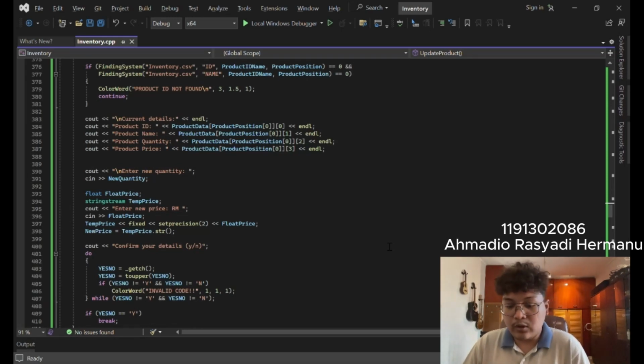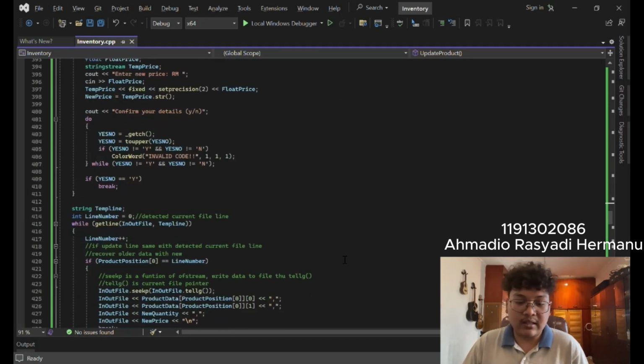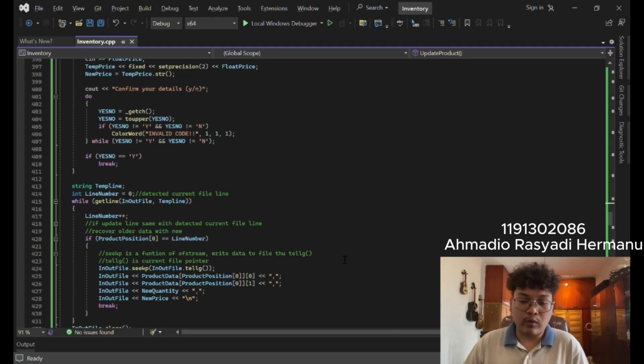To enhance the user experience, the program confirms the entered details, requiring a Y or N input as yes or no, and invalid inputs are handled with a visual alert. Once the user confirms the details, the program updates the corresponding line in the CSV file with the new quantity and price information. This is achieved by iterating through the file, identifying the line to be updated, and overriding it with